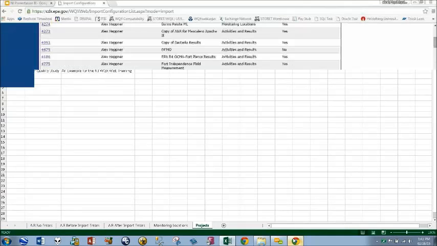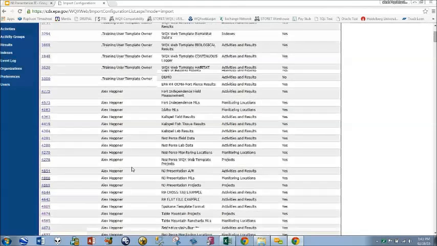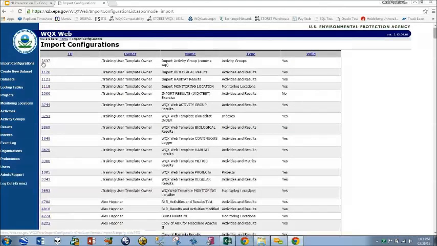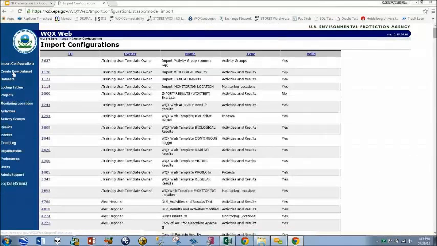So what's my next step? Well, unfortunately, as of right now, WQX Web does not import a .xlsx file extension. And let me show you what that means. Whenever you're ready to import a file such as this into WQX Web, we are going to create a new data set, obvious enough, and you'll do that by clicking on this link right here,